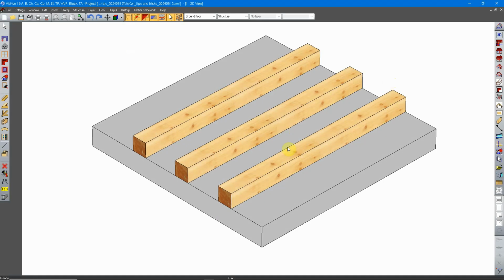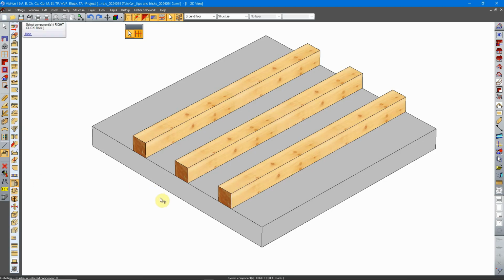Hi there, welcome back to Viskon 16, and here is how you can make a free tenon on your beam head. For this action you can click on the rebating beam head as a tenon command, click this tool and